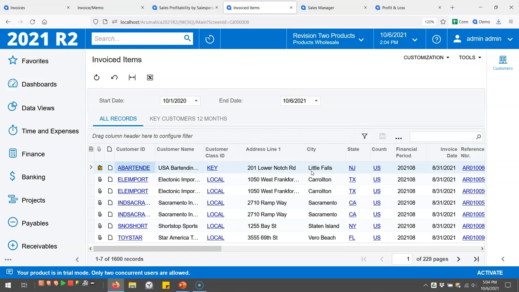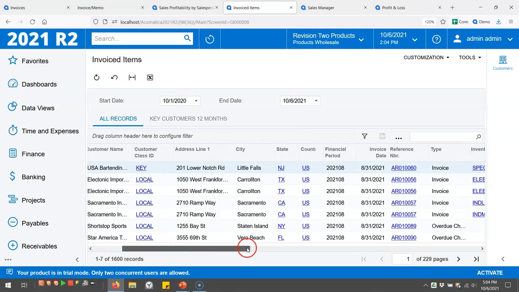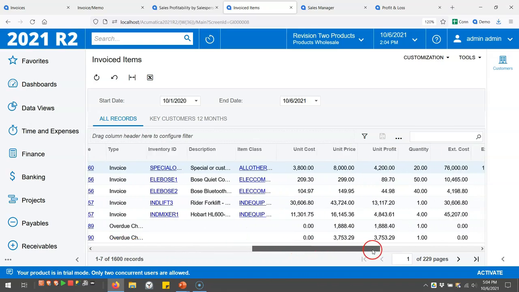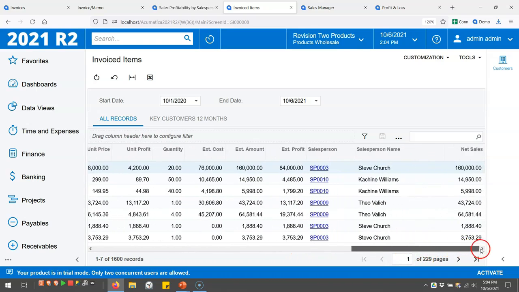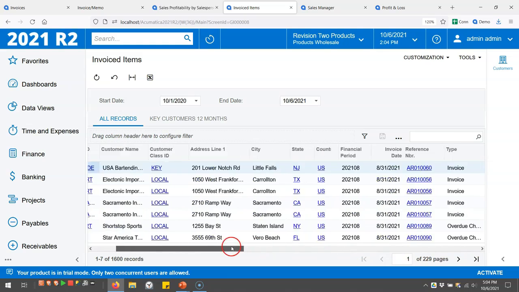Now I can pull that information from anywhere in Acumatica, just like I can with Report Designer, but this isn't designed to be printed to a piece of paper. Because of that, I'm not limited by the size of the paper. I can add as many columns as I want. You'll see I just keep scrolling as far as I want to get as many columns as I want into